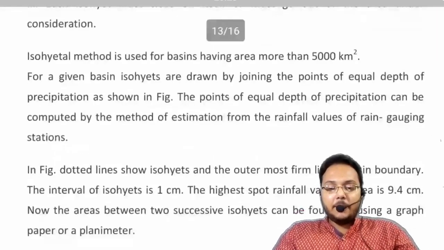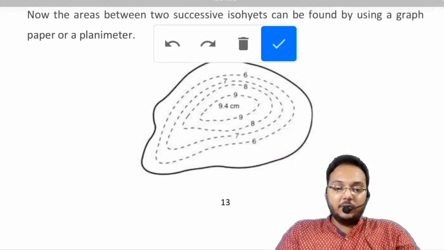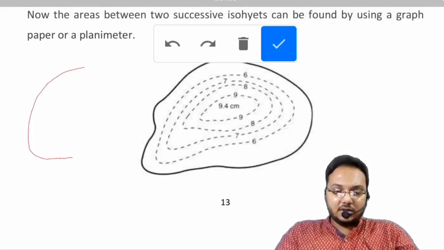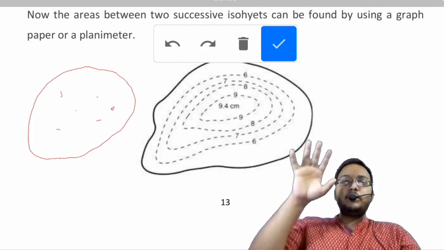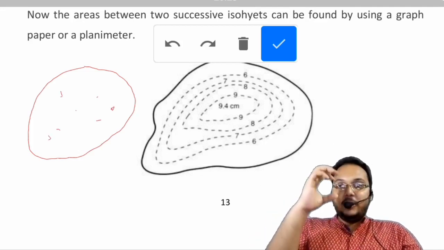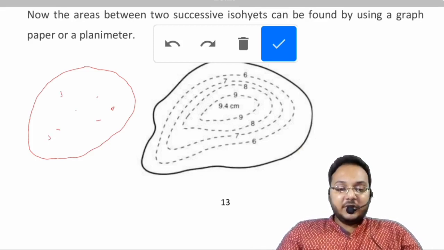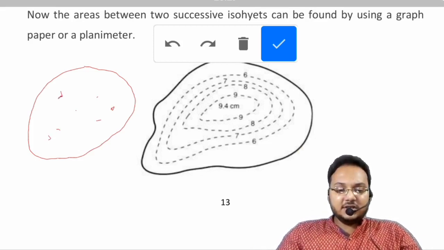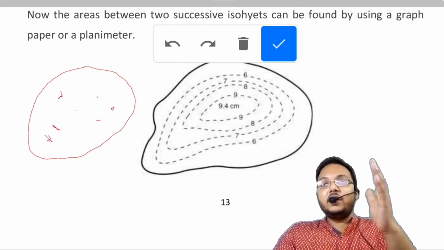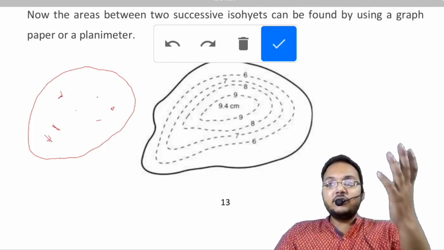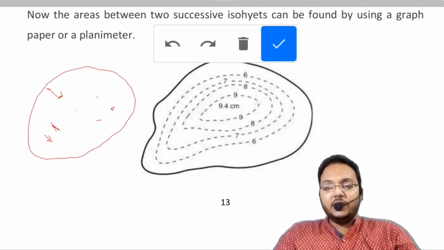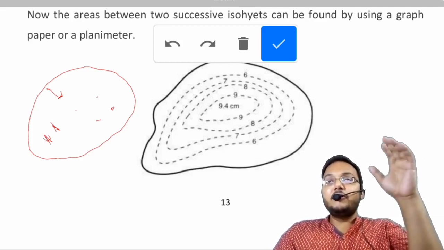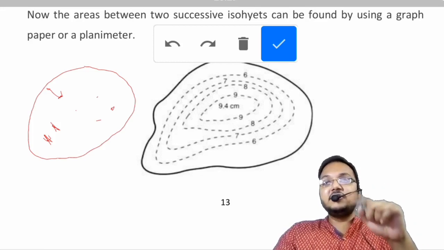Suppose I have a map like this, or suppose I will make it over here. I have a map like this, and I am recording the precipitation of this point, this point, this point, this point. So I have recorded the precipitation at n number of places in a particular catchment, and what I am seeing is that the precipitation of this station and this station are the same for a particular day or for a particular month. Suppose it is for a particular day, and in these 3 stations we have, suppose, 30 millimeter of rainfall for that particular day, and all the 3 stations recorded the same value.